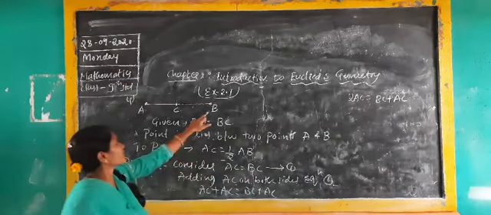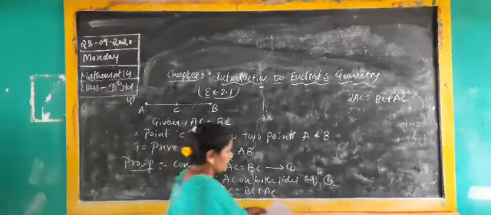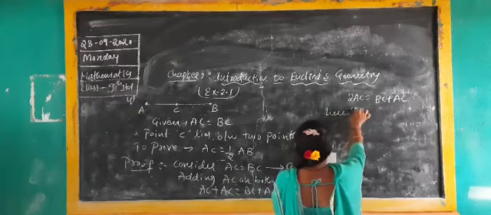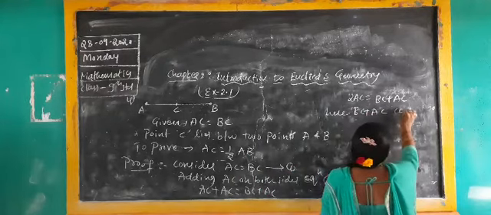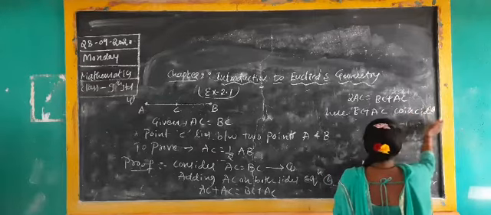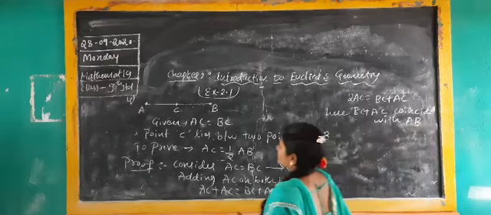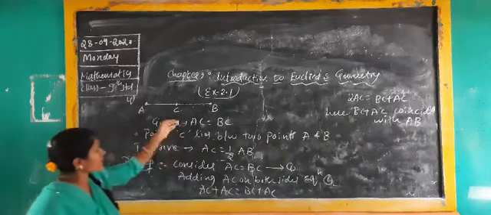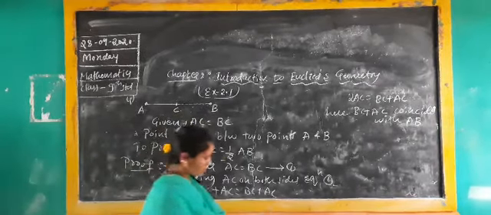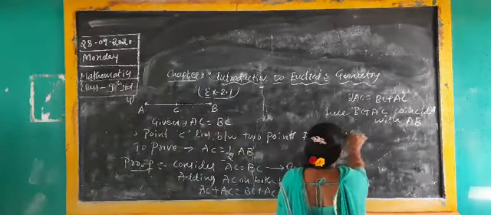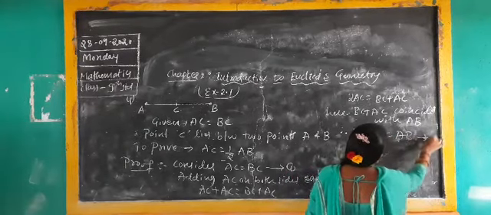Next, BC plus AC coincides with AB. Here see in this diagram, BC and AC make a straight line on AB. That you have to write here: BC plus AC coincides with AB. In this diagram ABC, C is the midpoint, and AC and BC coincide with AB. Okay, write down: therefore, BC plus AC is equal to AB. Put equation 2.